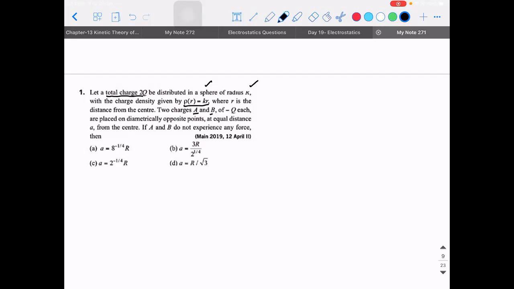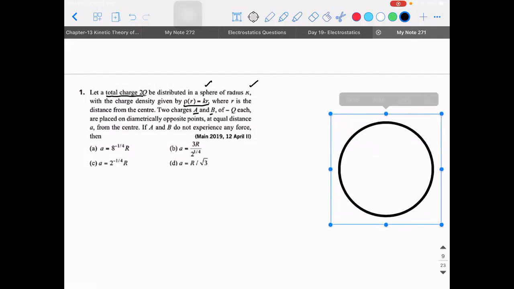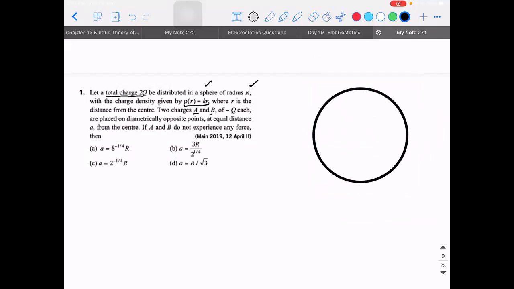So first, we obviously need a diagram, right? So here I need to consider a sphere. So I've considered a sphere. Within the sphere, where is the charge distributed? We need to ask certain questions, right? Inside. But is it going to be uniformly distributed? We don't know. But one piece of information that they have given is the total charge present inside the surface. So they have given you 2q.